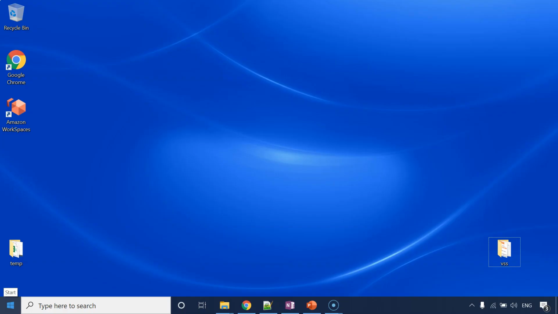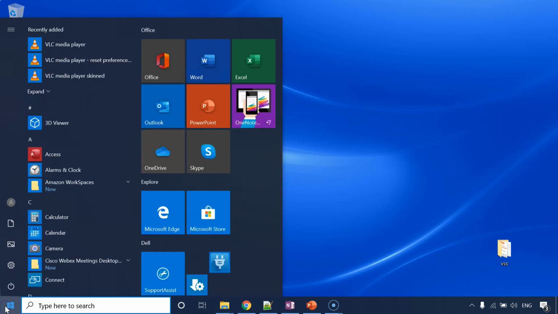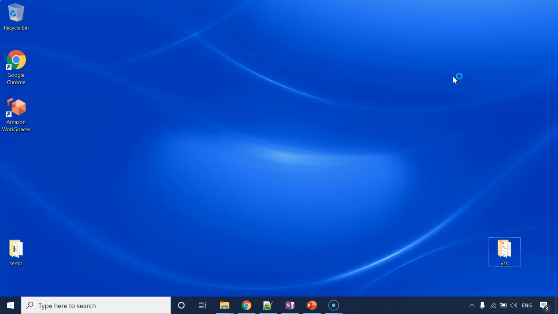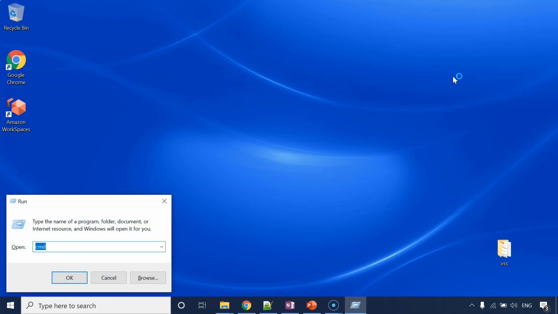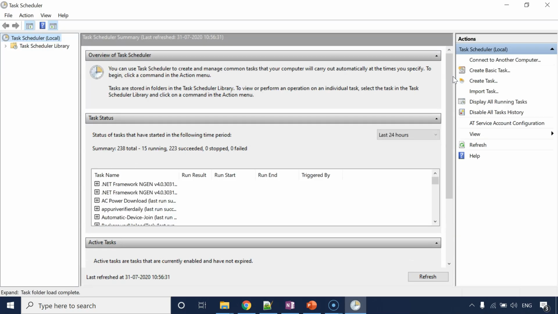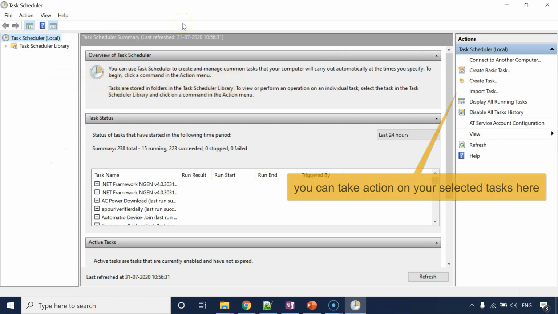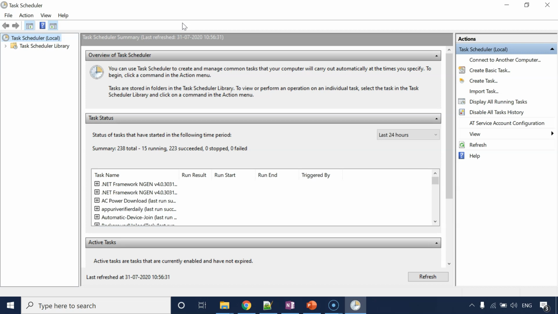In order to open Task Scheduler, either we can go to this Windows button, click here and type Task Scheduler, and you can see this program over here, or there's a shortcut available to you. Go to Run and type taskschd.msc, which stands for scheduler.msc, and it will open Task Scheduler for you. You can see a lot of options in this left side, right hand side, in this menu bar. We will try to explore as much as we can in this lecture.